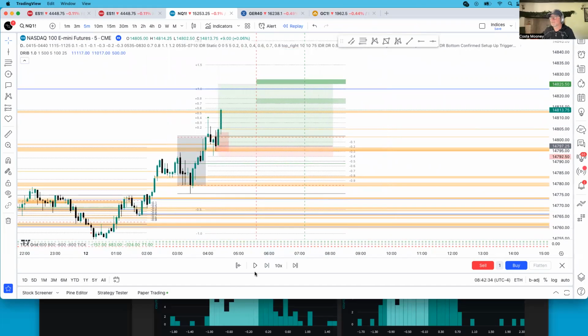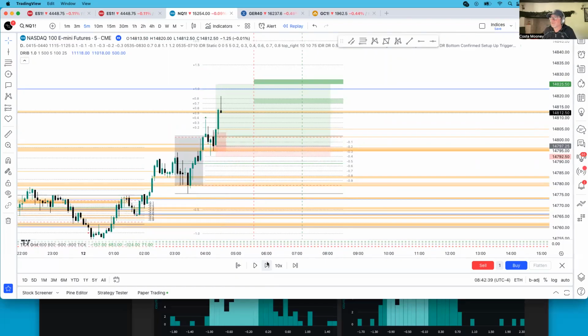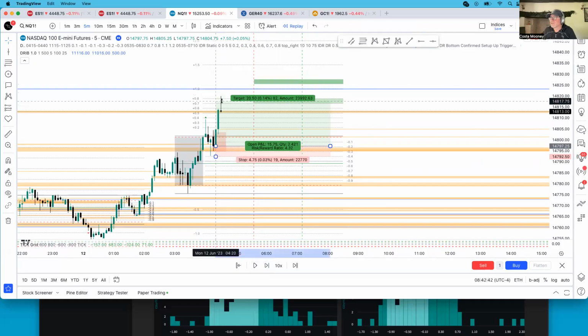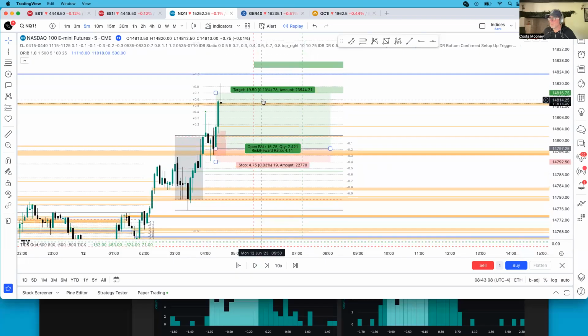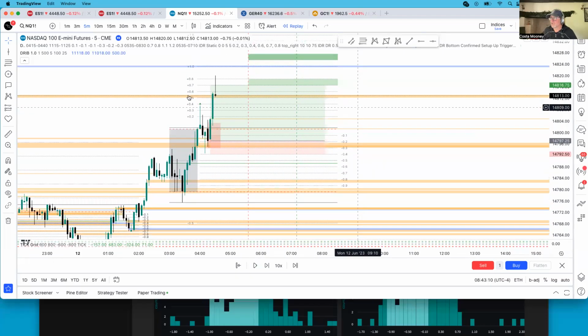But let's follow this through. So target 1 had been hit. First target, which would have given a 4 to 1. That was the minimum requirement of the mechanical entry project backtest. So if we're in that mode, you got 4. I'm not. At this point, I'm in management mode. So I'm bringing my stop, and I need to investigate a better place for that stop,